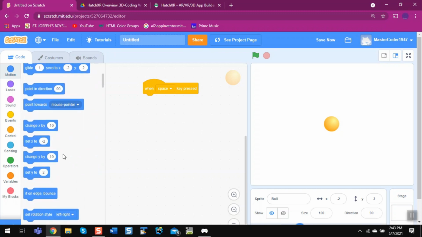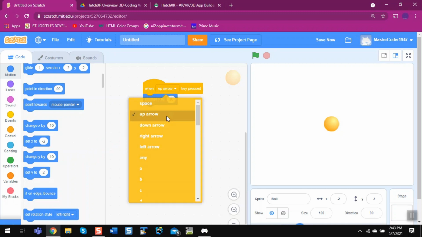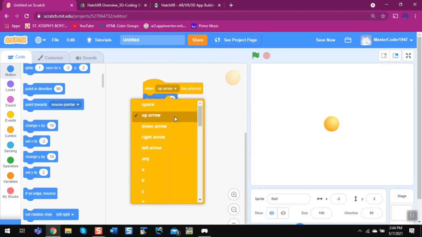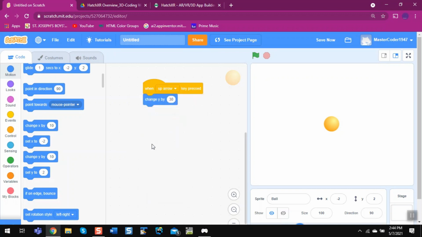So change y by 30 when up arrow key pressed. We need to do this when up arrow key pressed, then we need to change the ball's y by 30.